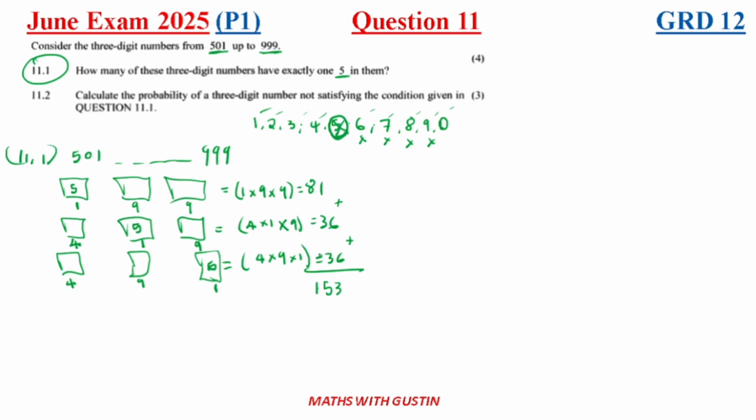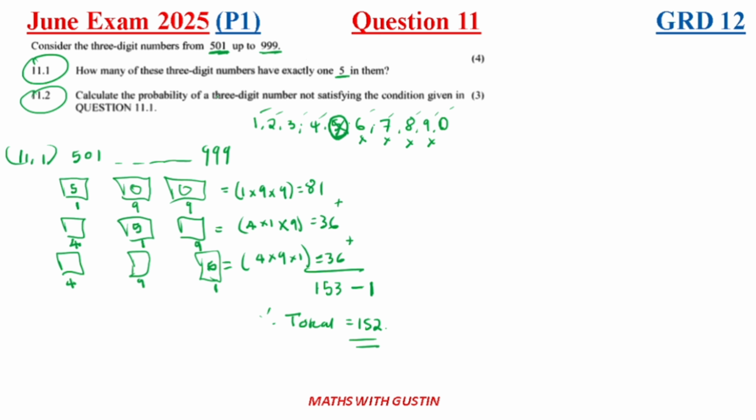However, guys, because now I don't think we have, yes, this number started at 501. So if you can put a 0 here, you put a 0. You put a 0 here, you're going to have 500, and 500 is not allowed. So it means here on our total, we need to remove one number so that we don't have the 500 number. So therefore our total numbers will have to be 152. I hope you guys really follow, because if we had started at 500, 153 was going to be fine. All right, so moving right along, let's move to